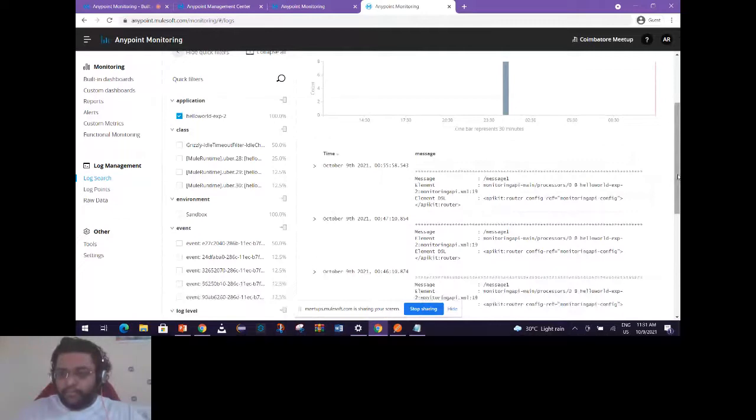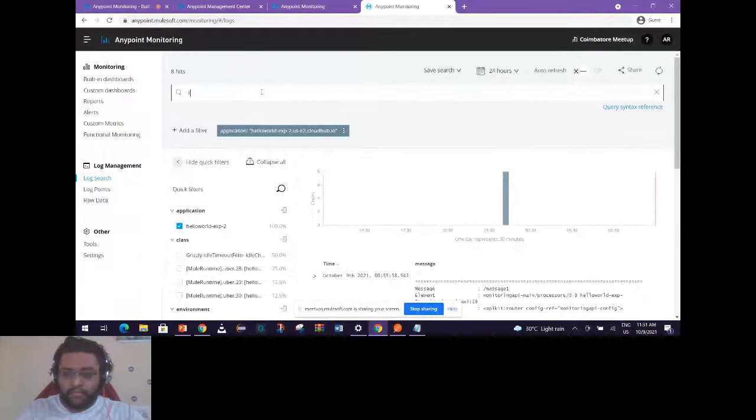As you can see, I can see the list of all the failures which have happened in the last 24 hours in this particular API. Now, if I want to search for a particular failure, like how many timeout errors have occurred in my API, generally when you do this via Runtime Manager it becomes tricky, because you have to either download the logs, open them in Notepad or Notepad++, and then count the number of failures.